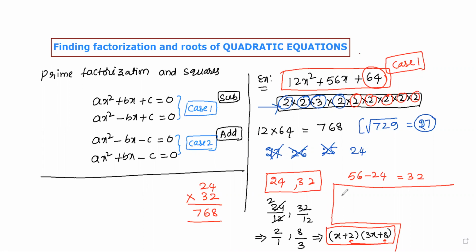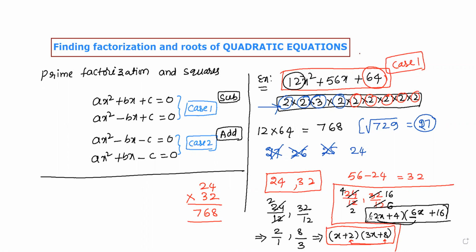So again I'm taking 24 by 12 here and 32 by 12 here. This time I'm dividing with 6 for the first factor. So 2 times and 4 times. That gives 2x plus 4. After that, the product of 2 into something should give 12, so that is 6 only. So I'm writing 6x. For that, I divide this fraction with the 2 table, so it is 6 times and 16 times. Now this combination is the correct one.